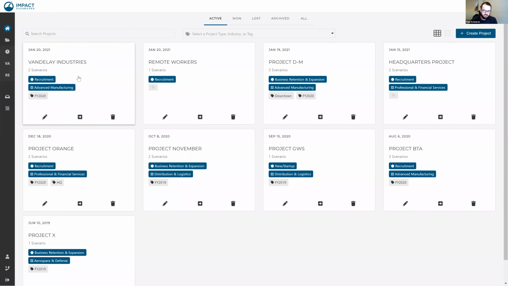We've got a tag for recruitment. So it's a recruitment project, and it's in our advanced manufacturing key industry. So you can build in your key industries and then apply those tags to your projects. We also have a tag there for fiscal year 2020. So you can actually apply a range of other tags. We can look at some of these that I've included, fiscal year 2020, but headquarters project, for example, and different purposes for those tags. Now, if I want to click on this, we're going to go into our project control